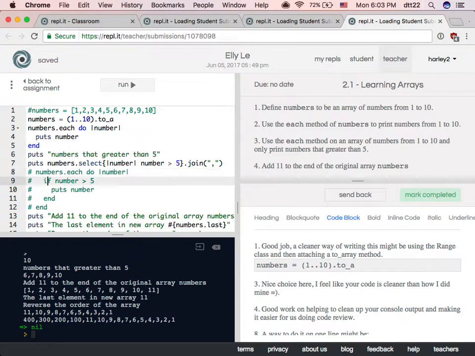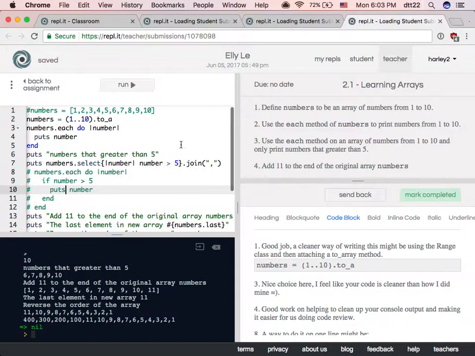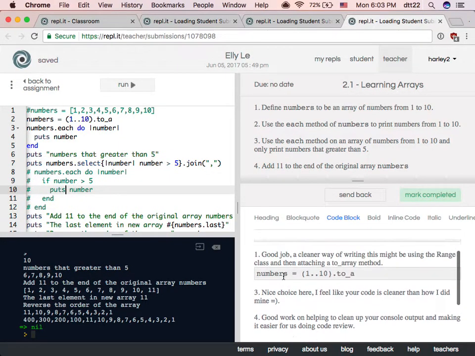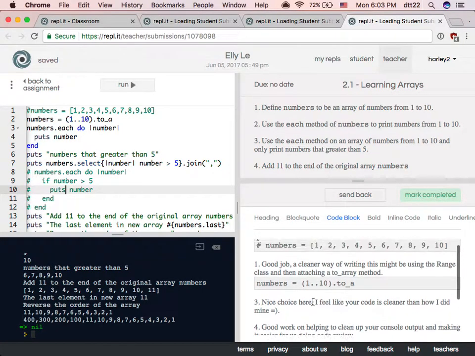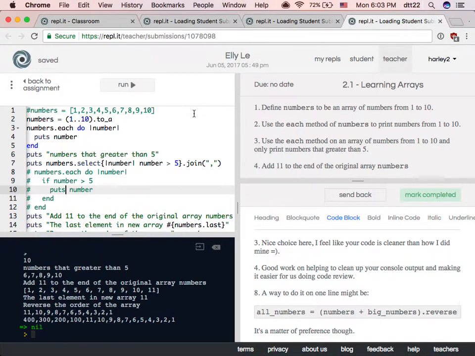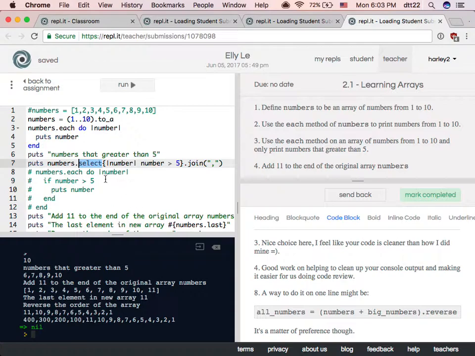Right? Numbers.each, and then if the number is bigger than 5, let's print it out. I suggest that there is a faster way. Maybe I did not suggest that. I don't know if I suggested it, but Ellie found a better way. There's a method select. And don't worry if you don't understand this, but this is similar to do end. So find the numbers in the array that's bigger than 5. If you don't understand this line, don't worry about it, okay? For my homework, this is good enough.